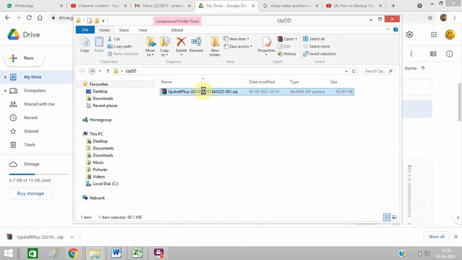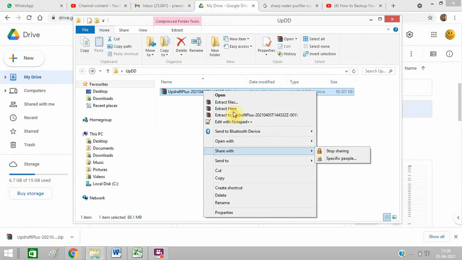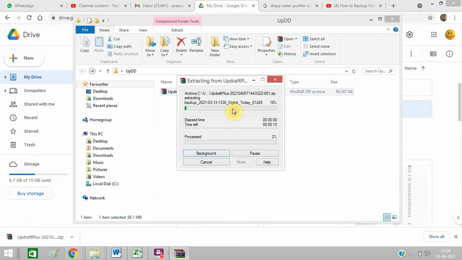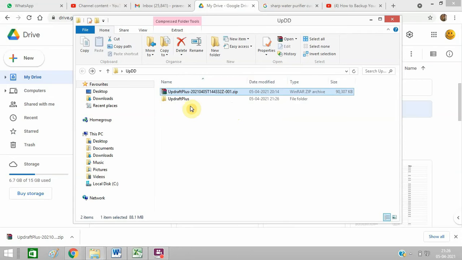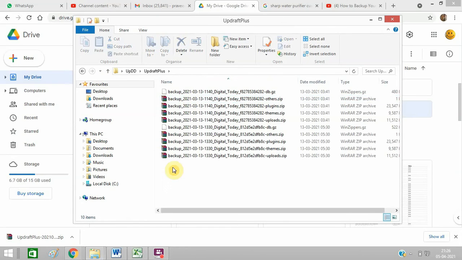I need to right click on it and unzip this file. After that, click on extract here. So these are the files which I need to upload.